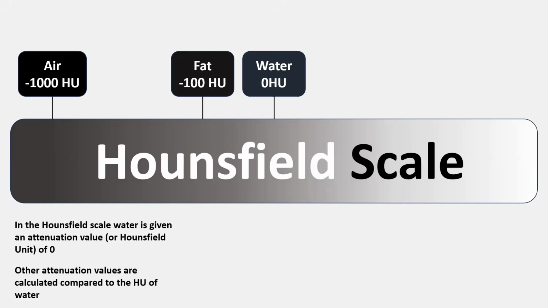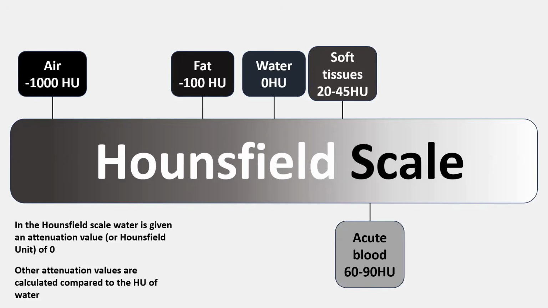So air has a very low attenuation value of -1000 or even less. Then soft tissues have a density that is somewhat higher than water, 20 to 45 Hounsfield units. Acute blood typically is hyperdense compared to soft tissues and water, and has Hounsfield units of 60